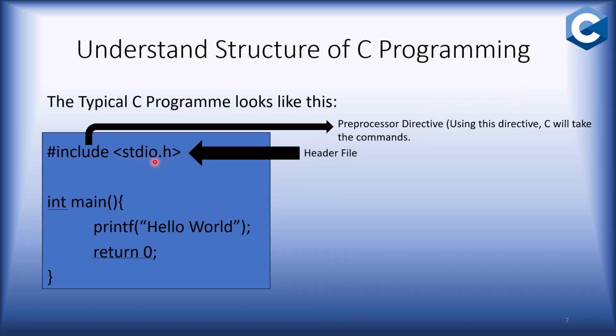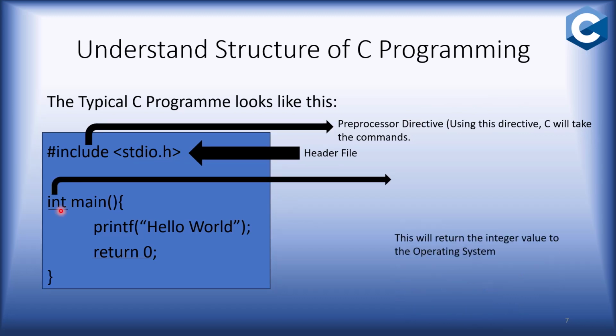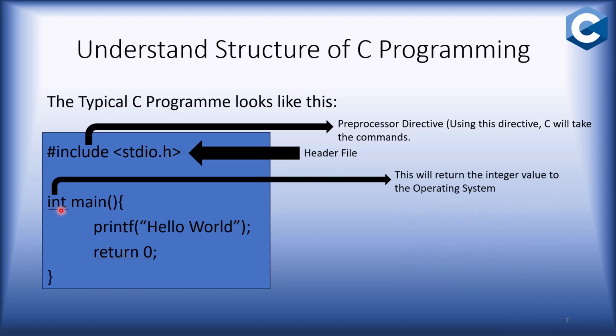Now we have a big block of code. This is known as a function. Now we see something named int. Here it means this function returns an integer value to the operating system. Now we have the main function itself. This is an important function in the C programming language because whatever code we write, it will be executed